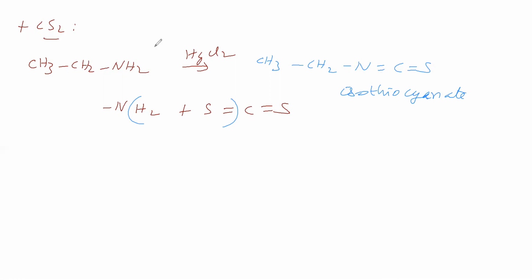This primary amine, it is aliphatic, it is reacting with the reagent CS2. So this H2 takes S and becomes H2S. So the remaining is NCS, isothiocyanate. What is the role of HgCl2? Why add HgCl2? This H2S will be taken by HgCl2 and becomes HgS precipitate and HCl. HCl goes to solution. We are getting HgS precipitate.